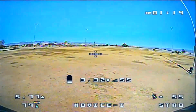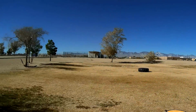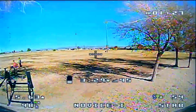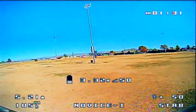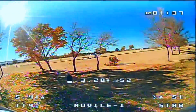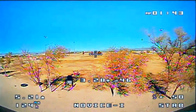Okay, coming around. Now in 1S, this really is sucking the juice, flying this in 1S mode. You don't get a ton of power out of this, but you're able to fly like this, and hit things too, since it has propeller protection around its propellers. Coming through here, going through there. So very, very simple to fly